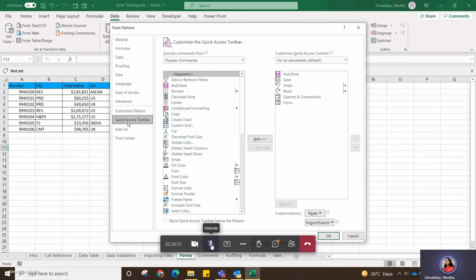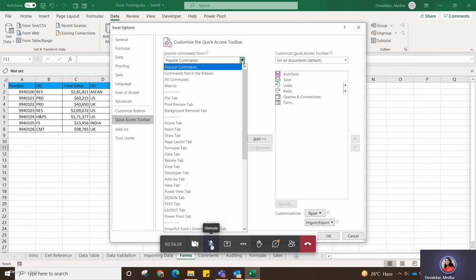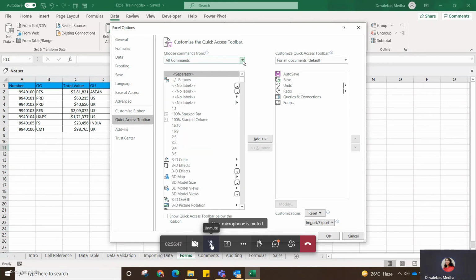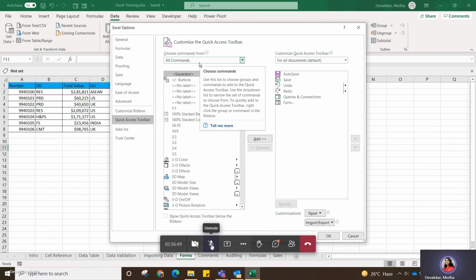You just select the quick access toolbar. Then here, in popular commands, click on this arrow and select all commands. Instead of popular commands, select all commands.